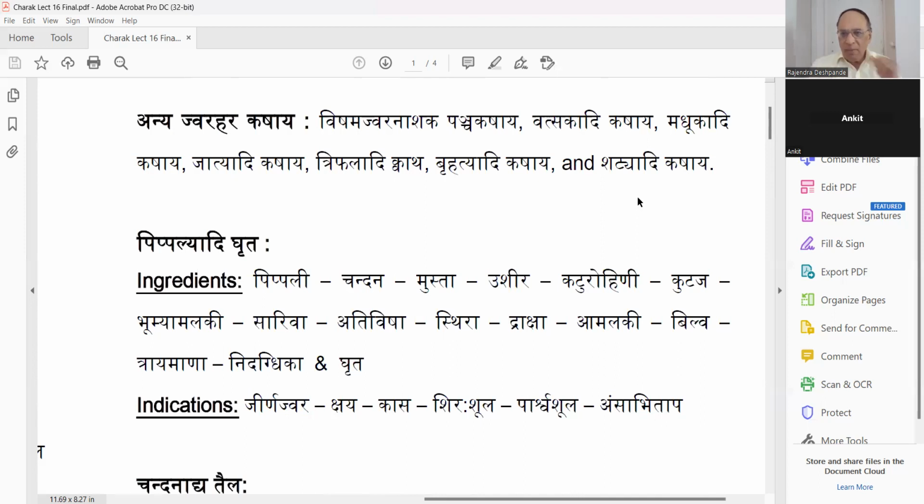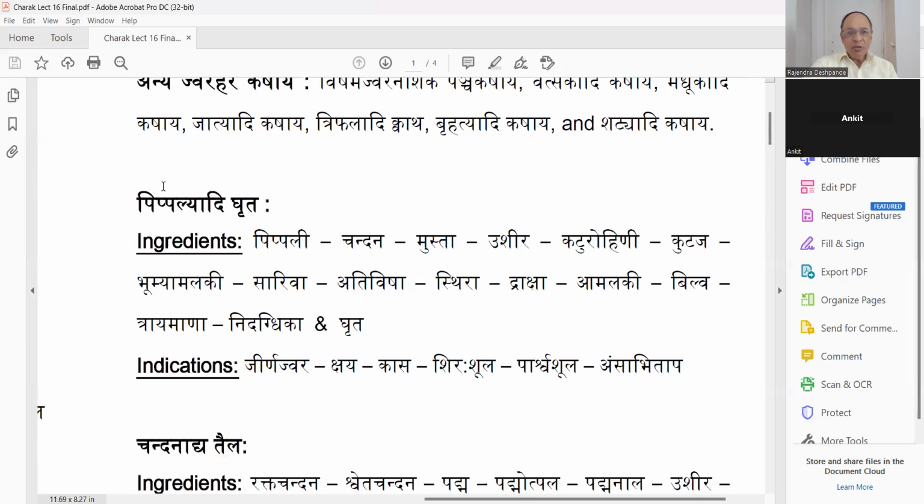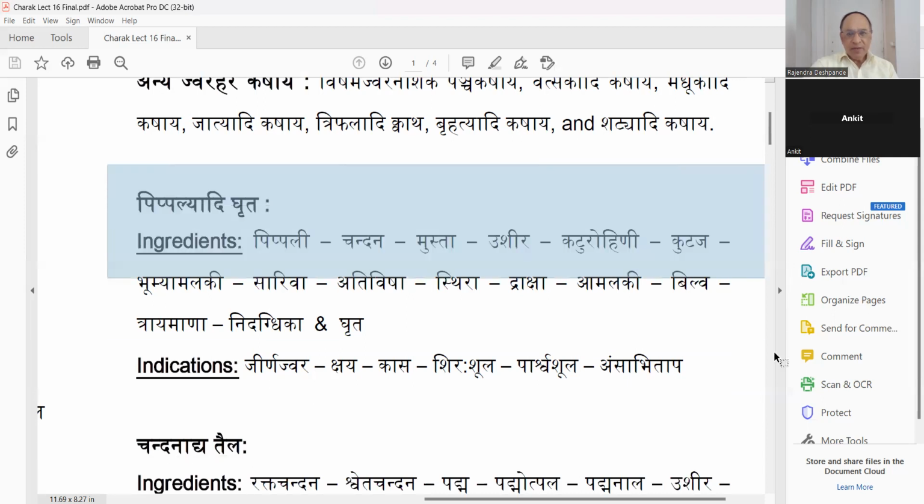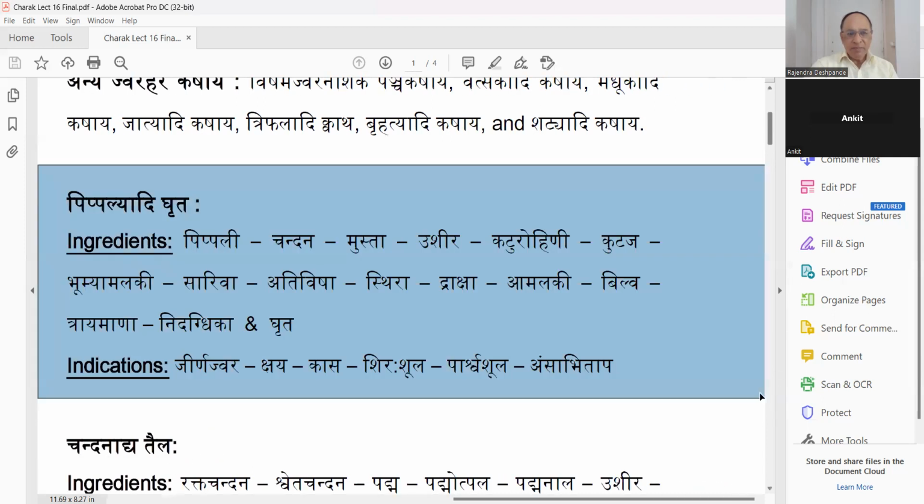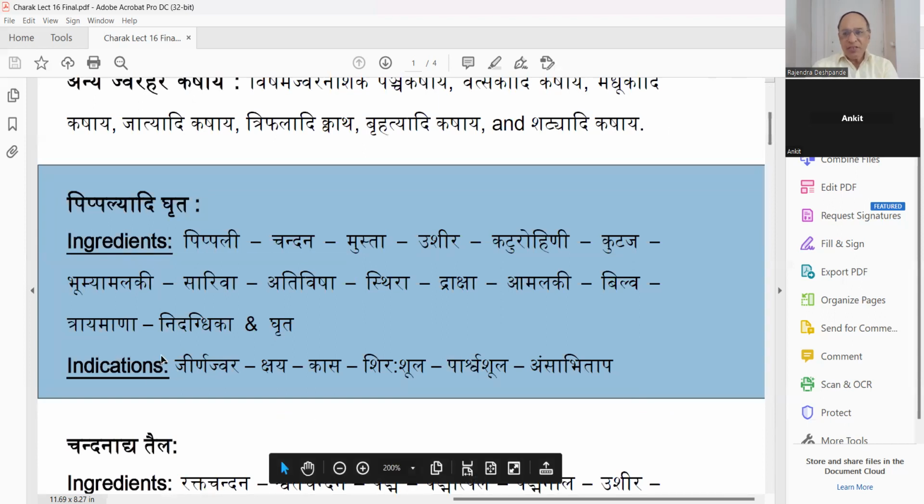है, तो उसके नाम आपको याद करना पड़ेगा। विषम ज्वर नाशक, वत्सकादि कषाय, मधु का मतलब ज्येष्ठ मधु होता है, ग्लिसराइजा ग्लैब्रा। त्रिफला तो आप जानते हैं, और बृहति नाम की एक वनस्पति होती है, बृहत्यादि कषाय। ठीक है, आगे चलकर एक घृत बताया है फीवर के लिए, जिसका नाम है पिप्पल्यादि घृत। देखिए इसका पहले इंडिकेशन हम देखते हैं।